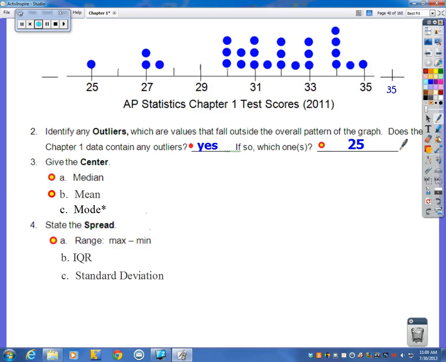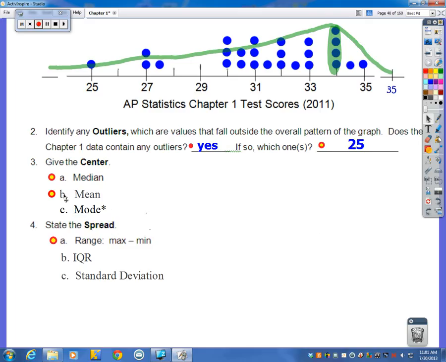Now, the only reason why I throw mode in here and I put an asterisk by it is we're not really going to discuss mode a whole lot. But mode, being the most frequent number in our set of data, was 34. And if I kind of draw in a curve to represent this data, then I can see that's where my peak is, where the mode is located. And there will actually be times where the mean, median, and mode are all the same number, okay, where the middle number is the most frequent number,